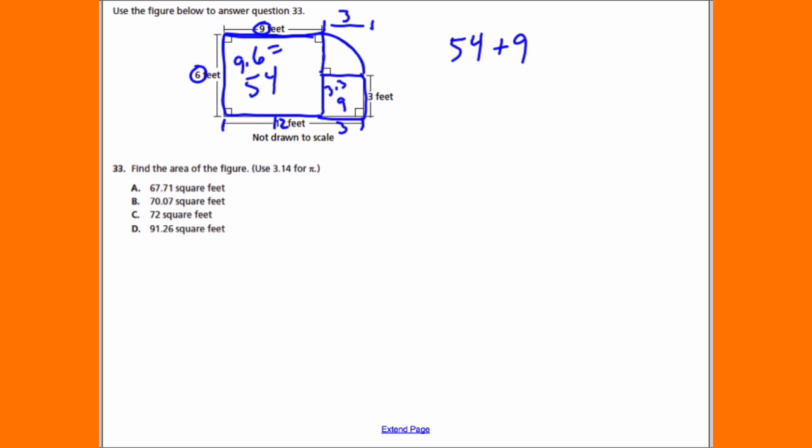The question is, what is this distance or this area right here? Well, if you notice, that is actually a quarter of a circle. So let's go through and find the area of a circle. The area of a circle is equal to pi times the radius squared, and the radius in this case is 3, this number right here. So this radius squared gives us 9 pi, or pi times 9, multiply that on your calculator and you get